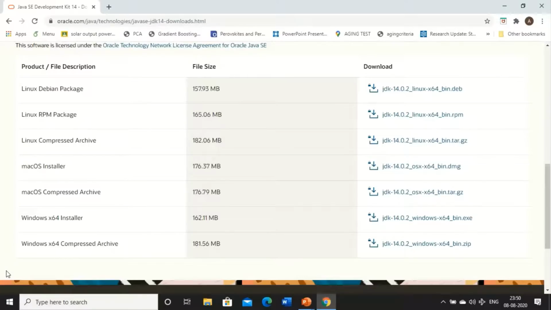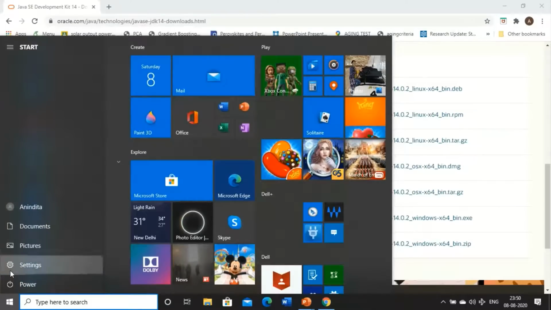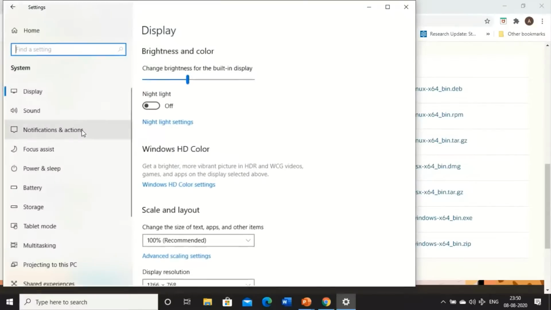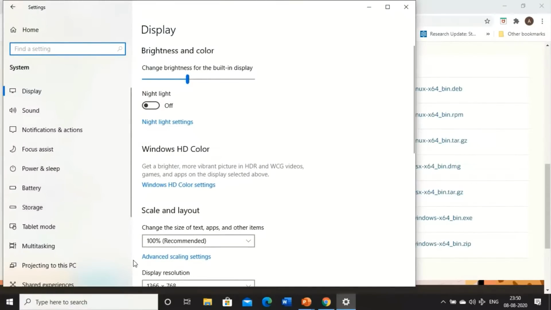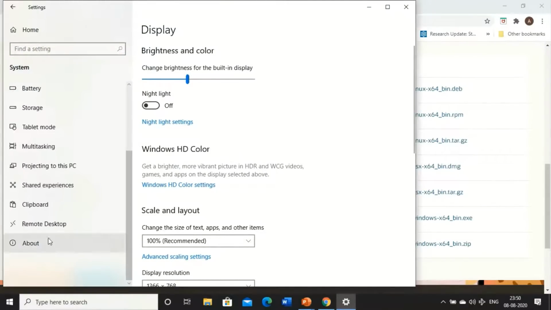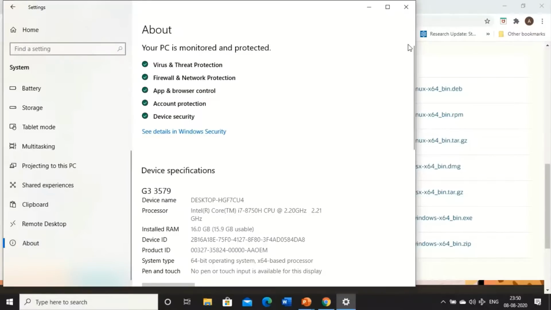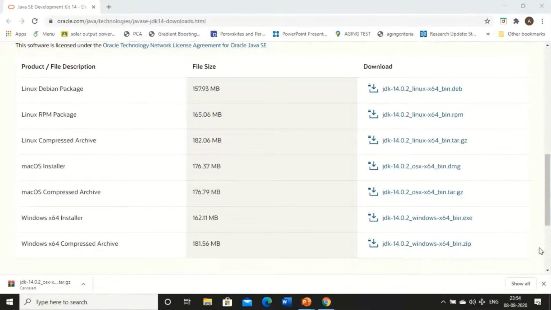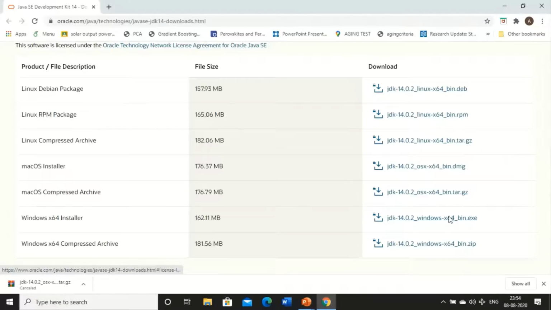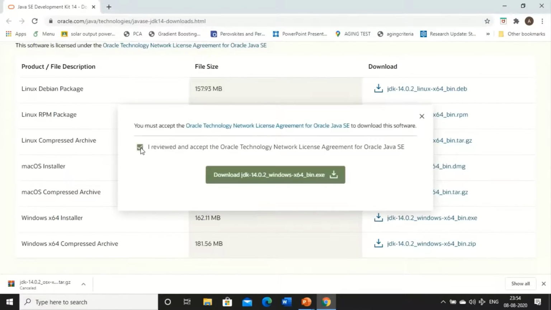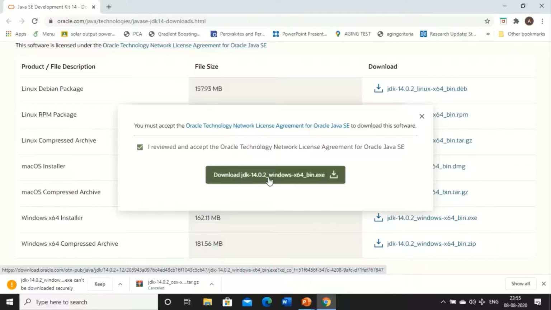In case you are not sure about the architecture, then click on Start, go to Settings, then click on System and click on About, and you can verify here and then select the compatible version and put a check mark to accept the Oracle license agreement, and now the download button gets activated. I have clicked on it and now the file is getting downloaded.